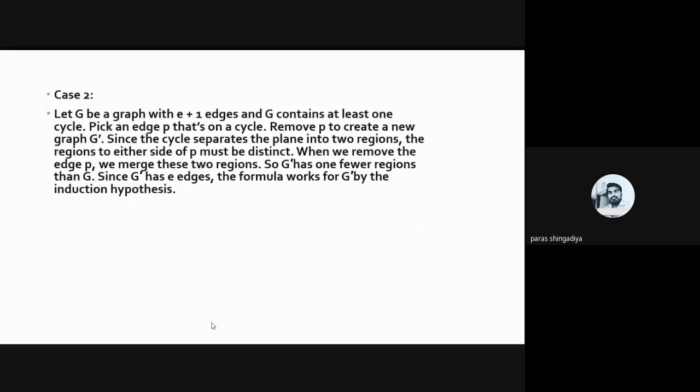And now in case 2, we will consider one graph which is not a tree, meaning it contains one cycle. So let us consider one graph which includes one cycle. Okay, that is arbitrary, any graph you can consider here, not a fixed one. You don't have to use this graph only. That is arbitrary, any graph you can use. So let us mention the vertices a, b, c, d, and the fifth one is e. And now this graph G, right now it contains e plus 1 edges.